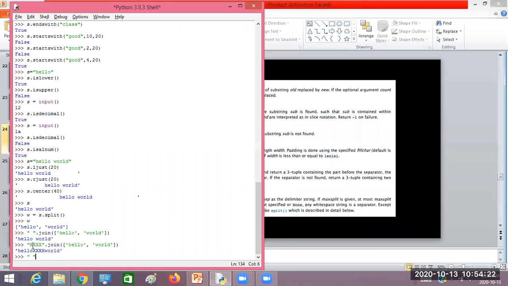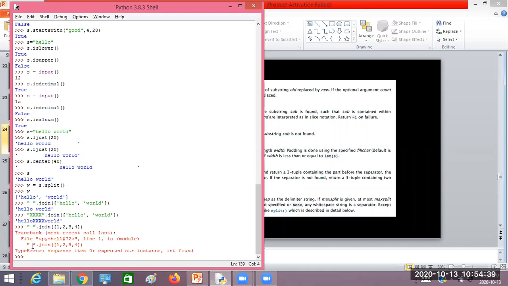Try to understand one of the errors here. Suppose I write 1, 2, 3, 4. Now this time we don't have a list of strings, but a list of numbers. It is going to give us an error message, because the join method operates only on string type of data. A list of strings should be there, and only then can it join those with the help of the character that you specify as the separator between the words to be joined.